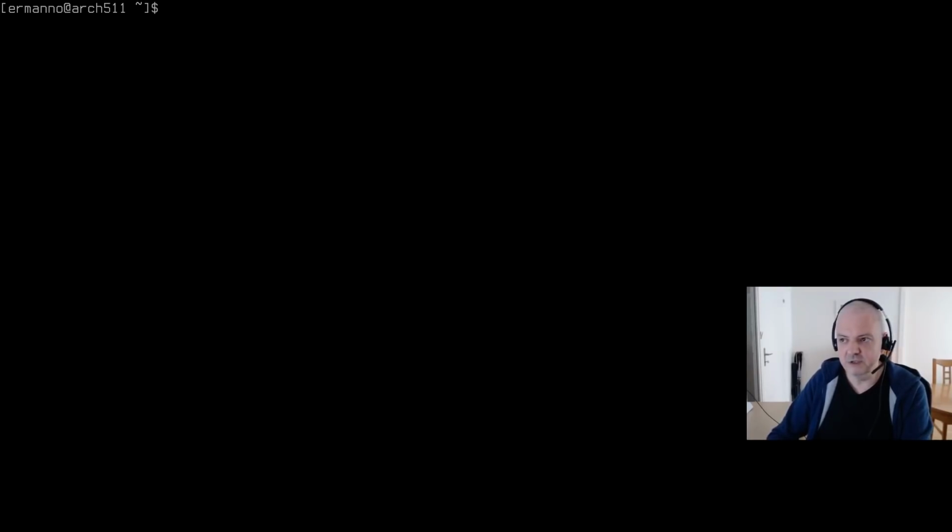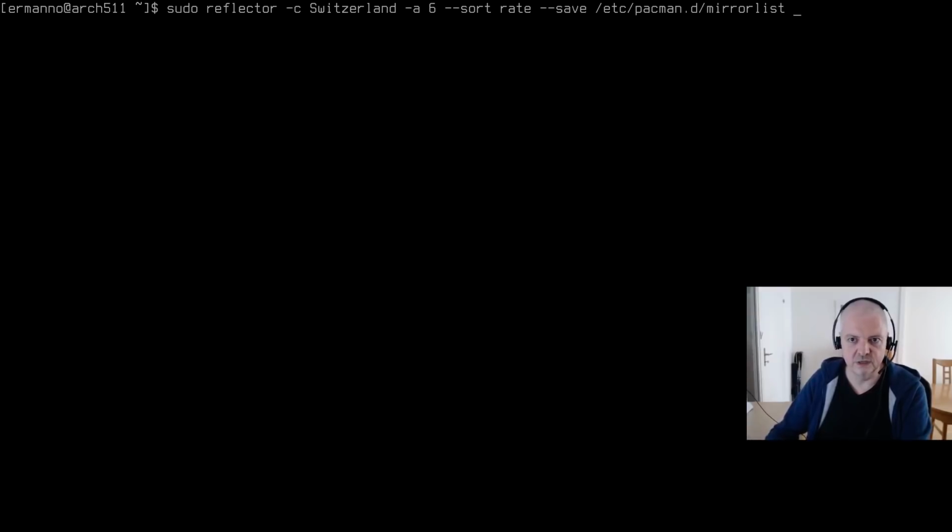So first thing, I want to make sure again to use the fastest packages. So I'll type in sudo reflector. You can see now also the bash completion is already working. -c, and then for country, it's Switzerland again. -a, again, 6 hours, --sort rate, so we are sorting by speed, and then --save /etc/pacman.d/mirrorlist. I do this a little bit quicker because I want to concentrate also on the packages for the BSPWM